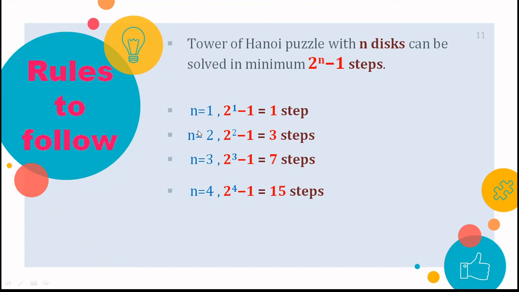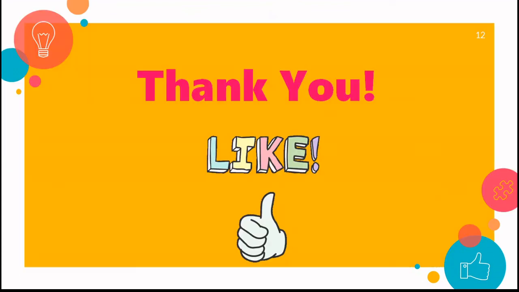So from this analysis we come to know that it can be applied for any number of disks, and it is true, right? So in general we will say that if we have n disks, the number of steps required will be 2 to the power n minus 1, and this is exponential in nature. So to solve this Tower of Hanoi problem, exponential time is required, and more the number of disks, more time will be taken. So when the value of the disk will be very, very large, in that case, it will lead to a higher time, leading to exponential.